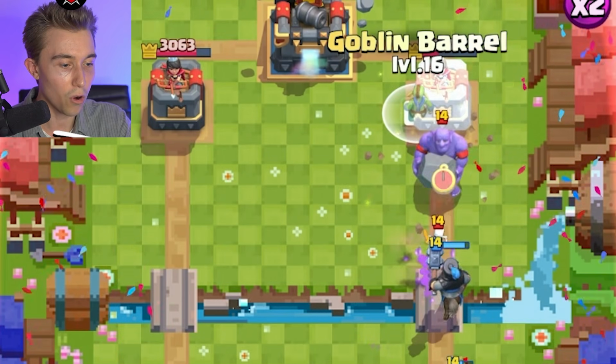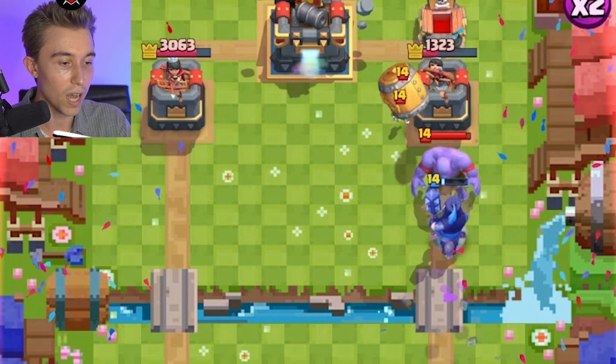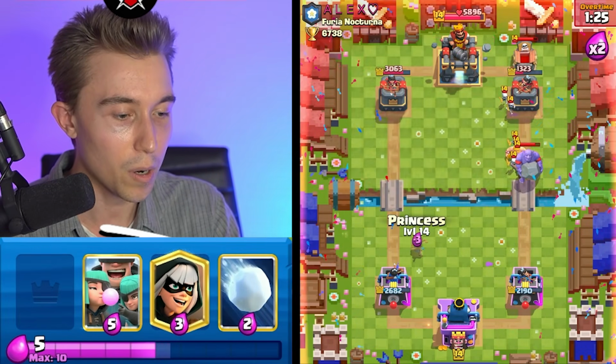If I go in for a Goblin Barrel off to the side, I don't know if you guys know this, but the Barb Barrel doesn't kill the Goblins. Barb Barrel does not clean up, so he has to drop more than that. The Goblins, oh, I guess the Skeletons did enough damage. That's unfortunate. But a Princess here...